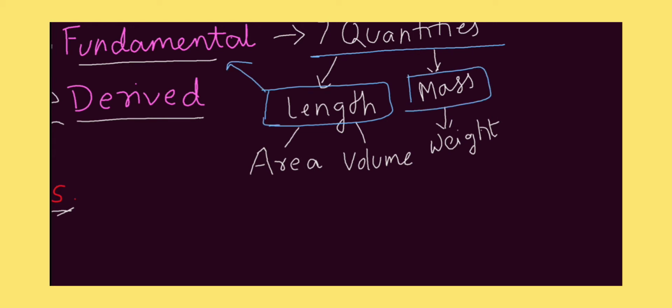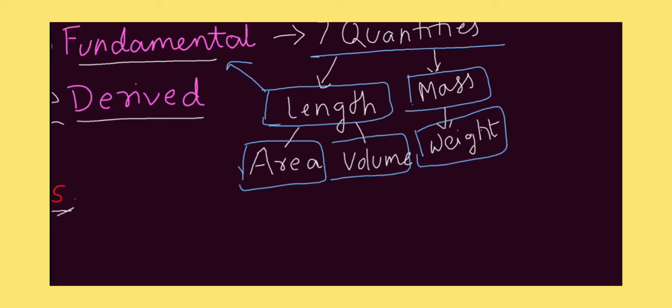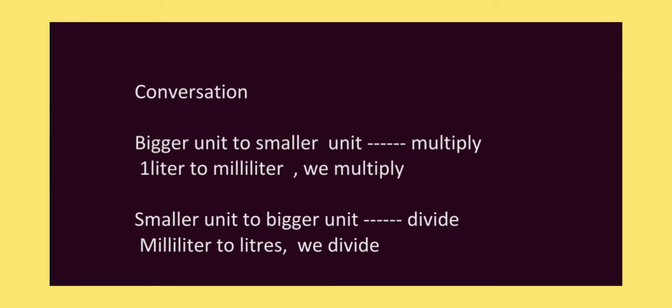On the basis of length and mass, we discussed how we derive the quantities of area, volume and weight respectively. In this video, we are going to discuss the problems or numericals based on these 3 quantities and these 2 fundamental quantities which we discussed. It is going to clarify your concept in a better way. The very first topic we are going to discuss, on the basis of MKS or CGS units, is the basic measurement conversion.